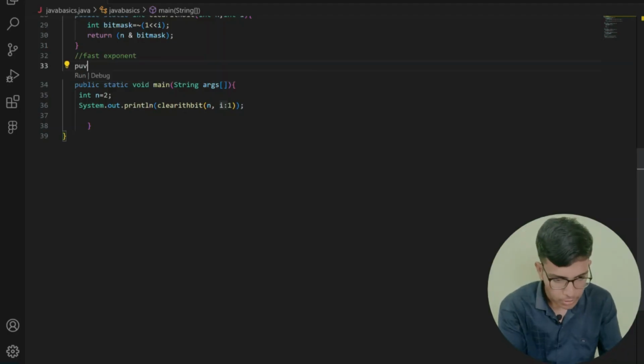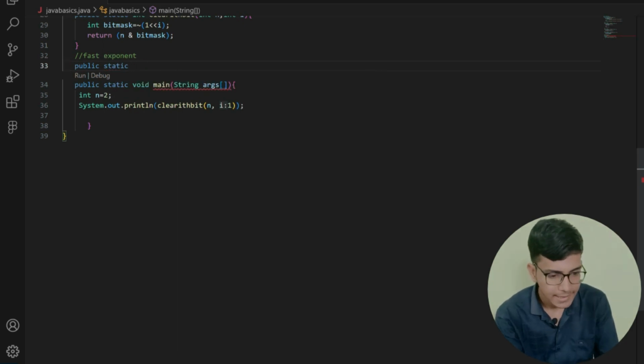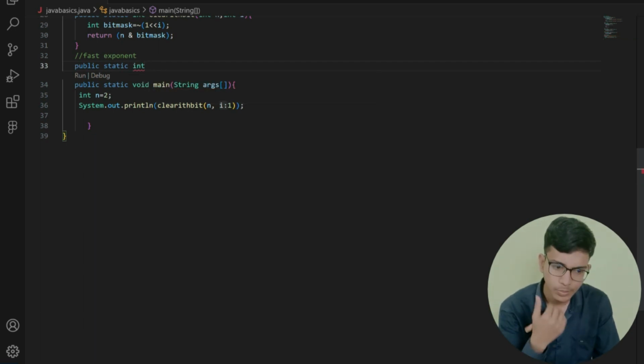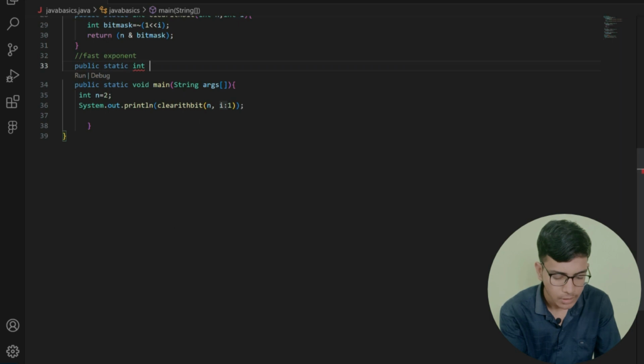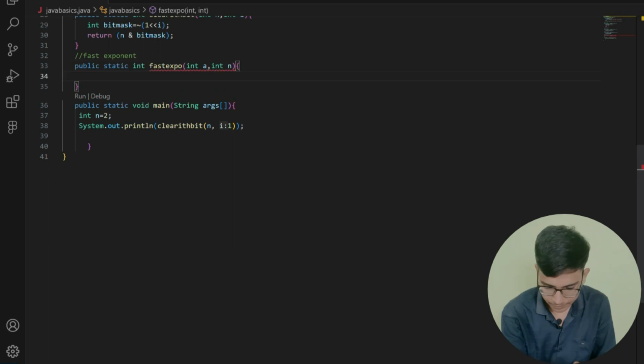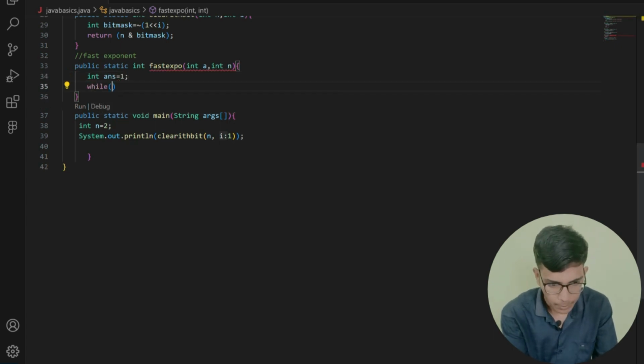So I am going to create a public static function of integer type, because it will return an integer, that is the power of the given number. Here I am going to write fastExpo, it's the name of the function. I will take int a comma int n. After that I am creating int answer is equal to 1. After that, while n is greater than 0,